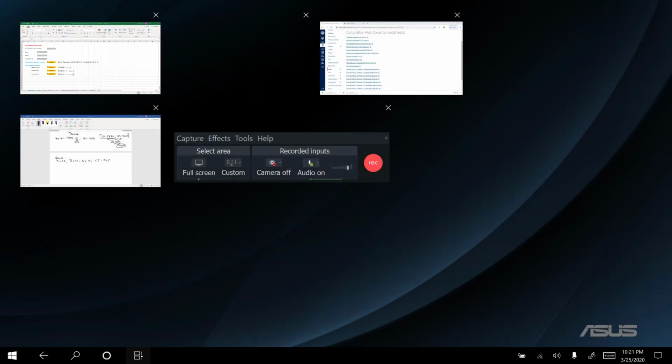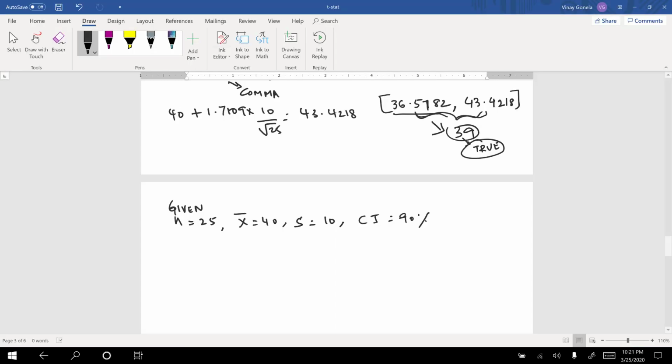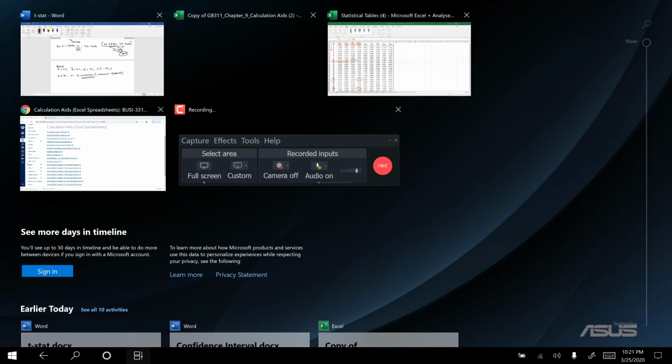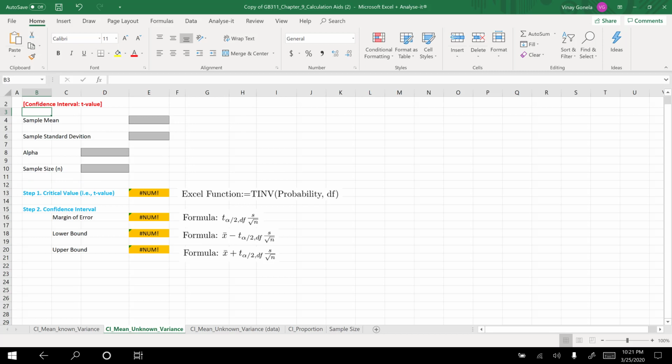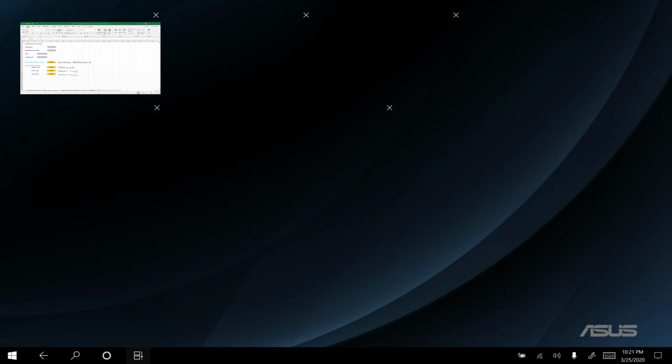Once you go here, you know n is less than 30 and sigma is unknown, so that is unknown variance. Variance is not known. So you go to the sheet which is confidence interval unknown variance. This is the sheet you will be using, and then if you go to the problem,